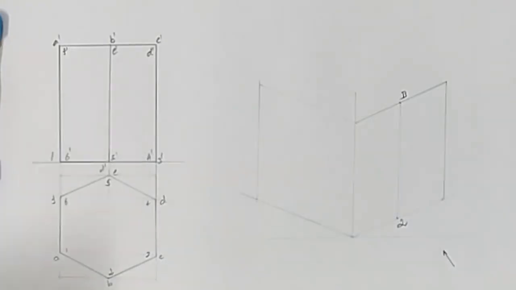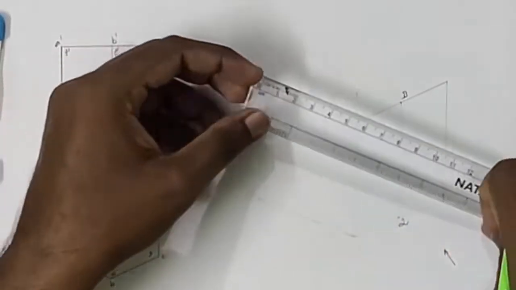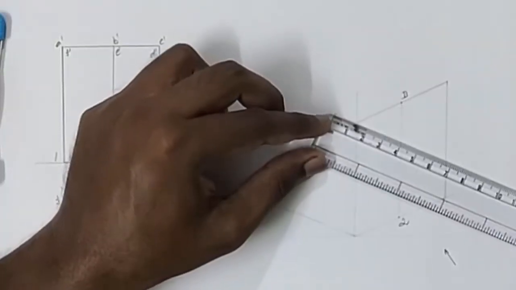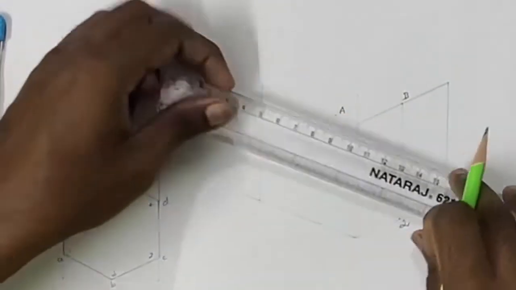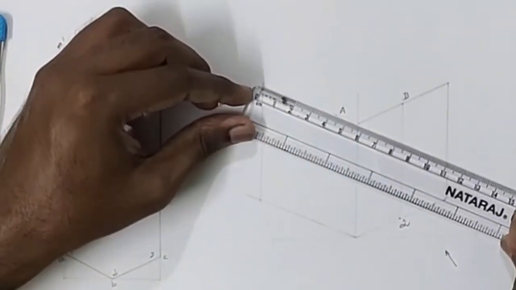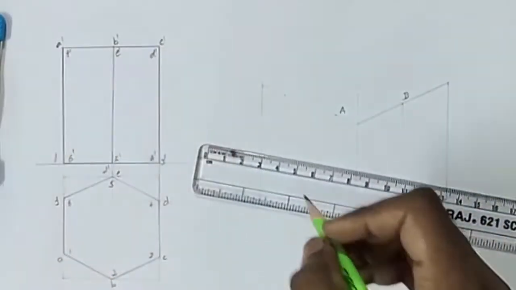Come to the left plane. In the left plane, points A, F and 1, 6 are there. A and F are on the top side and 1 and 6 are on the bottom side. I am measuring the distance of the point A from the corner, that is around 13 mm. At 13 mm from the corner, I am marking the point A here. Similarly, from the other corner, point F is there at the same 13 mm distance. So I am marking 13 mm distance from the left side, and I am marking the point F here.